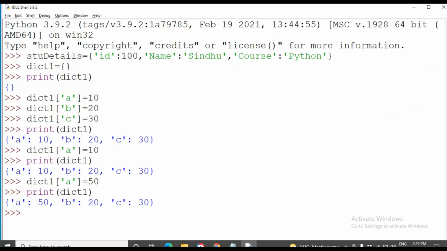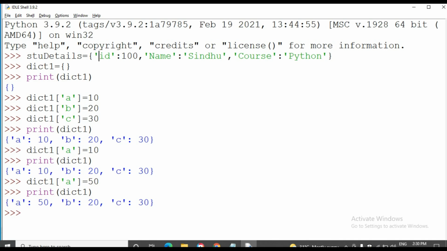And we can use homogeneous and heterogeneous elements for both keys and values. That means we can use all combinations of data types. Here ID is a string and 100 is an integer type.